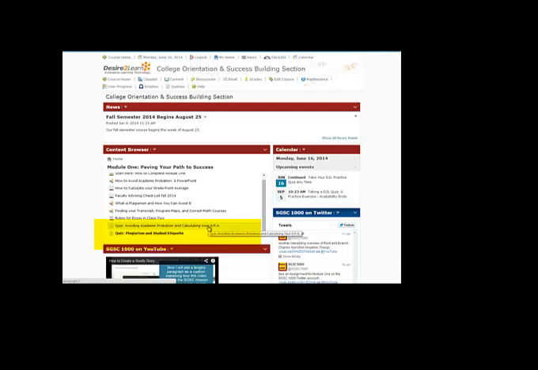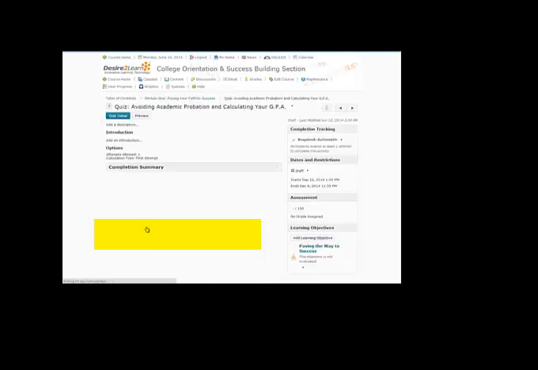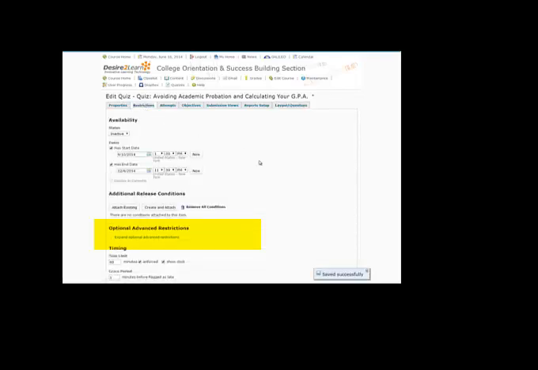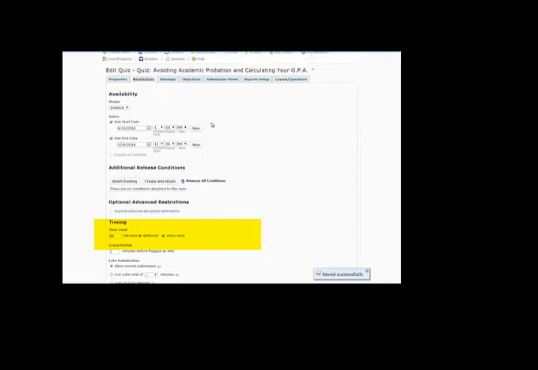Now, in order to do this, you might think you could just click on the quiz, and if we click on the quiz, it does say quiz setup. So if you click on quiz setup, it does give you the option to set the release time for the quiz, and that's under restrictions. So you click on restrictions, and the first thing you need to do is make the quiz active,